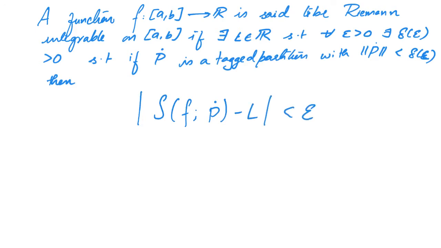So intuitively, a function is Riemann integrable if the limit of Riemann sums exists as the norm of the partitions tends to 0. However, this Riemann sum is not a function of the norm of the partition. Hence, this is not a limit in the strict sense, but still it is good to keep this intuition in mind.